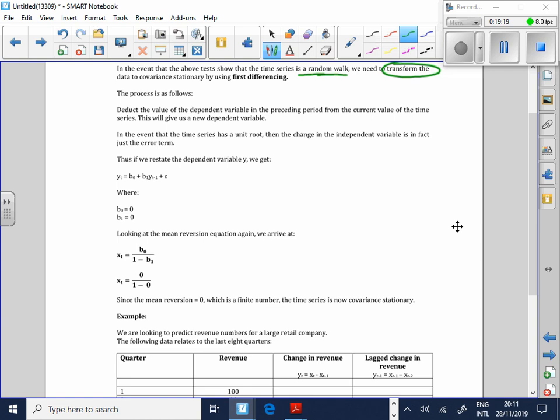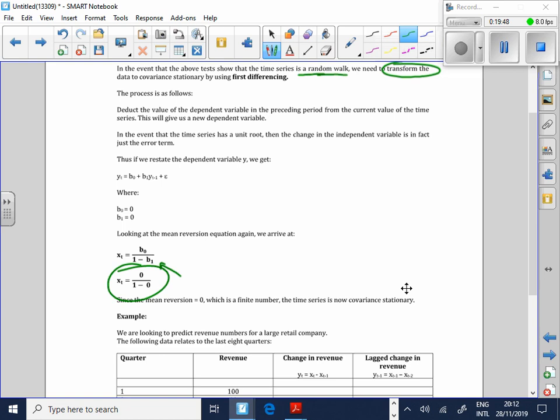Okay, I'll just restate some of my numbers, and lo and behold, when I run the equation again, I've got my B1 to equal 0. Don't worry how I got to do that, guys. And of course, then the whole thing does work. Happy with that? Again, all I want you guys to know is this is called first differencing. And what does first differencing do? Why do I need to do it? I need to do it because I've got a random walk. And because I've got a random walk, I've got a problem.